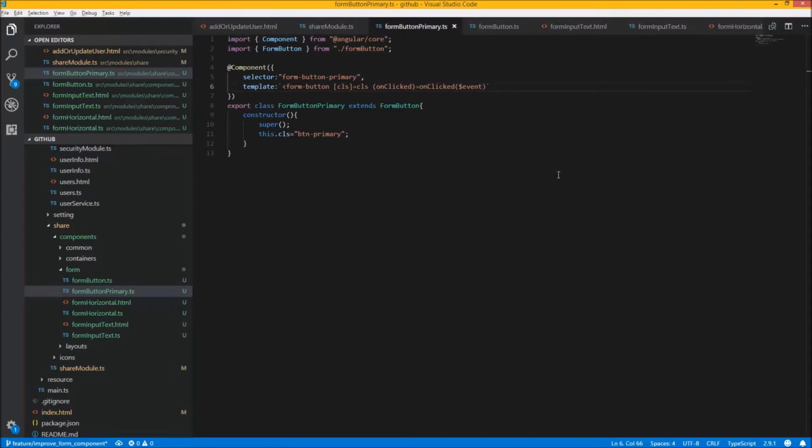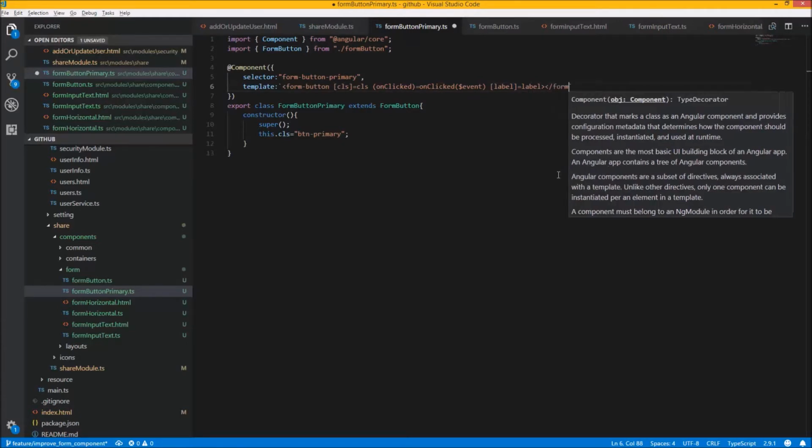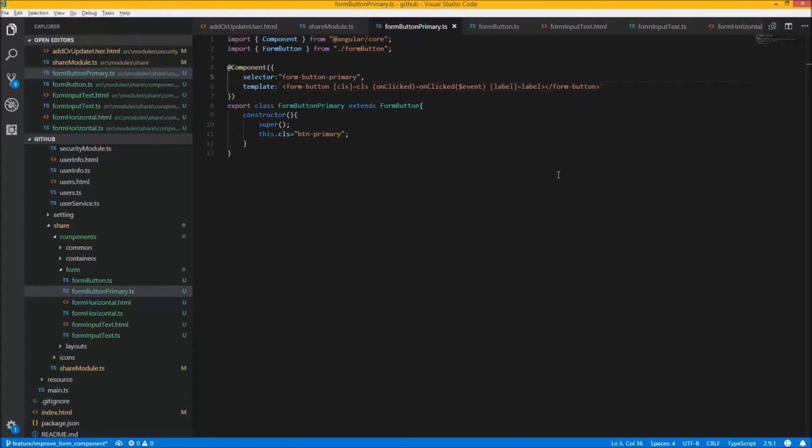I think this will work. Let me try. Okay. And for the label, equal label. Okay. Form button. Okay. So you can see that the form button primary reuses most of the features